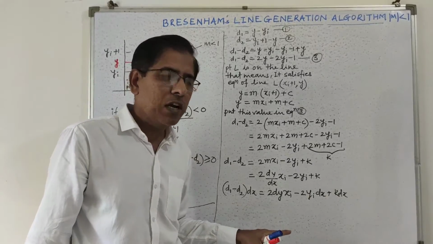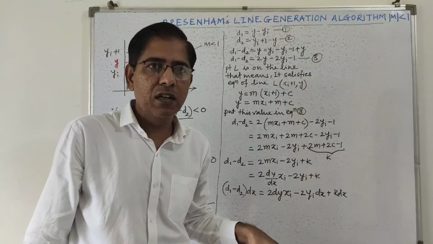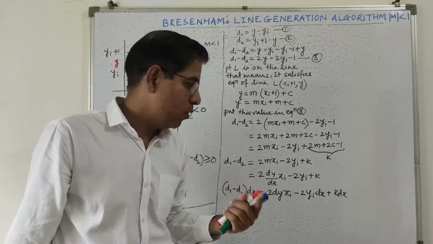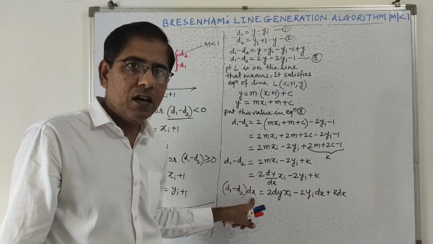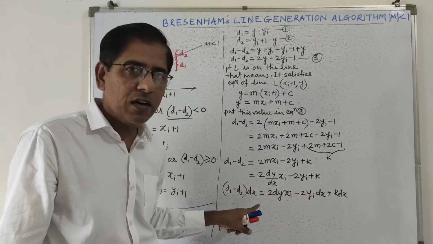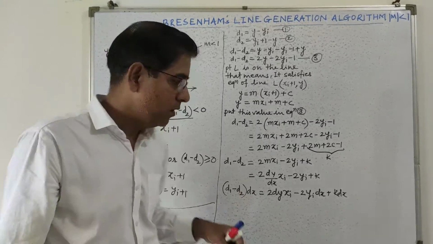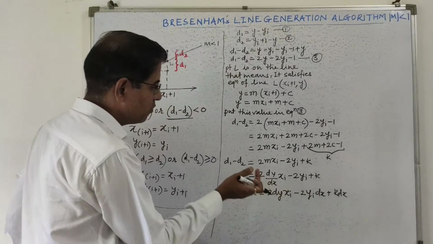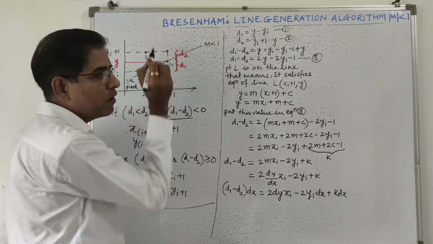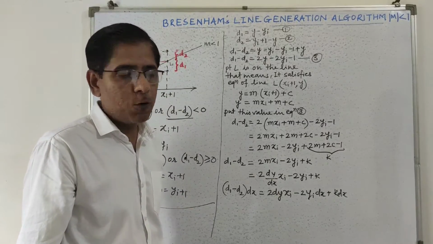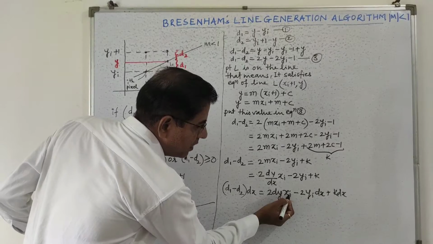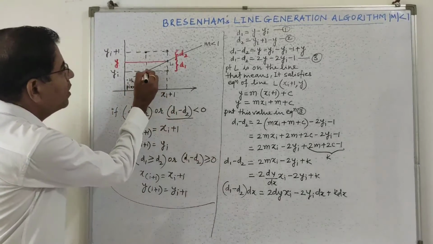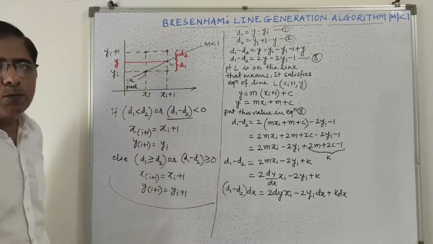Now this dx is multiplied because this is for slope less than 1. Okay, and slope can be positive slope and negative slope. So to compensate the positive slope and negative slope, this dx value is multiplied here. Now this is our decision parameter. The answer of this expression will tell us whether this point is closer to a line or this point is closer to a line. Okay. So since it consists of xi and yi terms, that means this is a decision parameter for ith point.